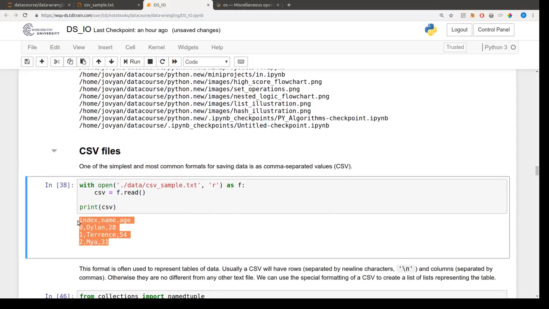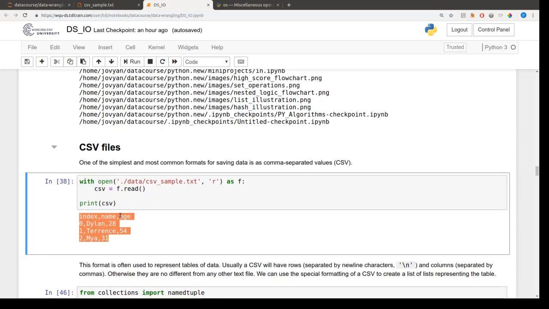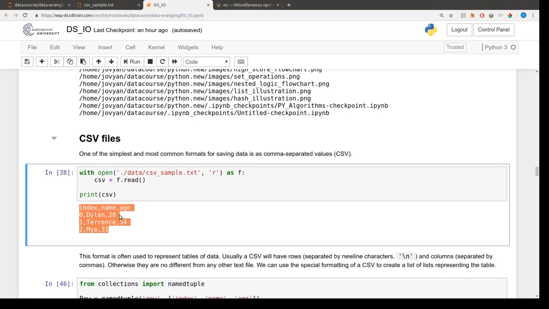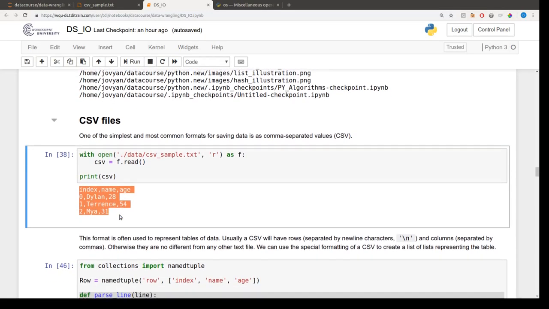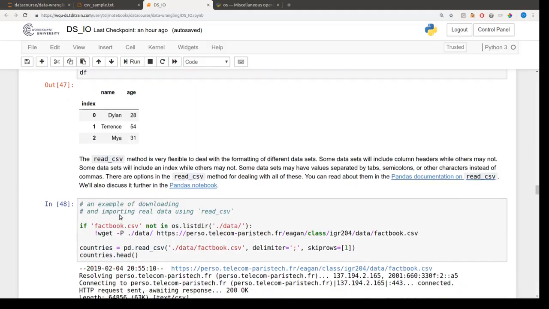It's not always going to have every value. Some values might be missing. And anytime we're parsing a file into a data structure, we have to be concerned about how we'll deal with inconsistencies in that file, whether that's missing data or some sort of